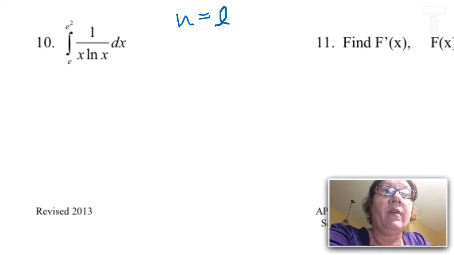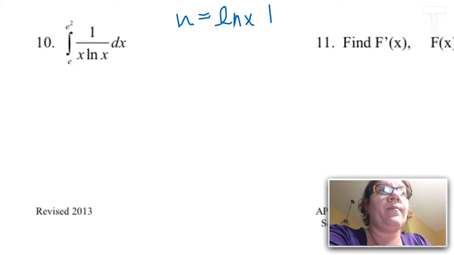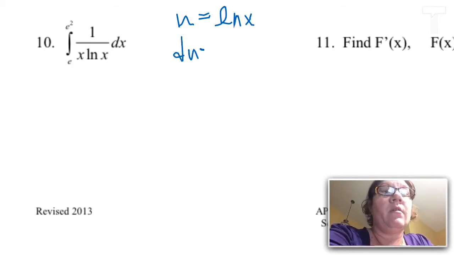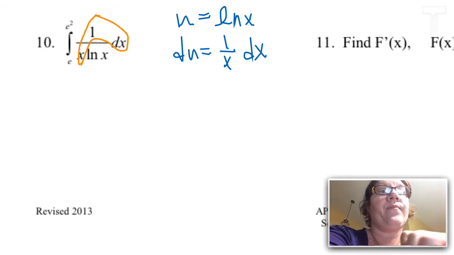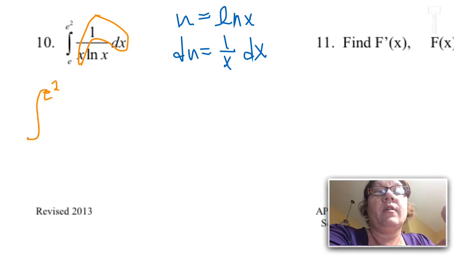But if I do part of it, whoops, what am I doing? And then I take the derivative of it. Oh my gosh, look at that. I have the 1 over x and I have the dx. So I'll have the integral of 1 over u du,